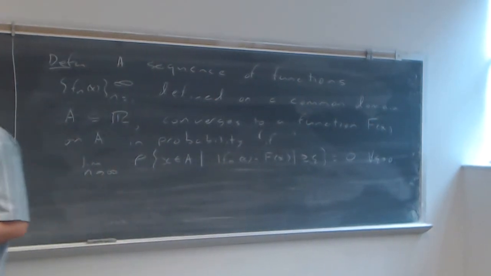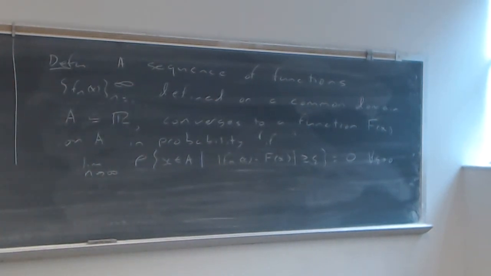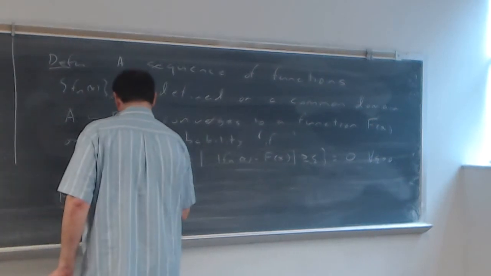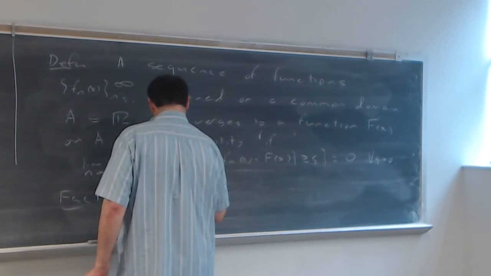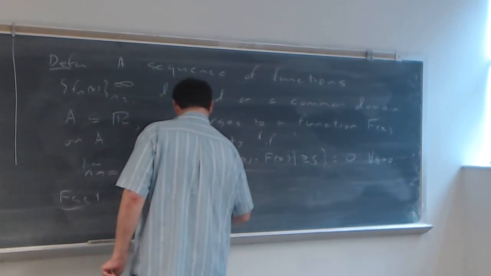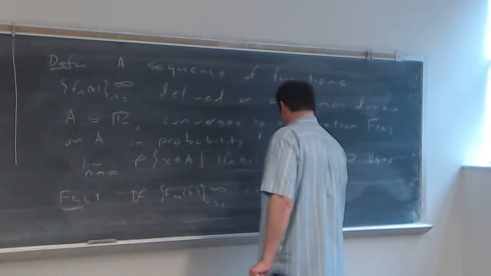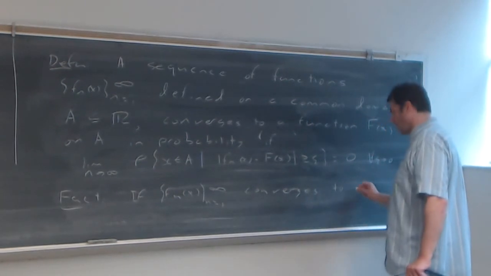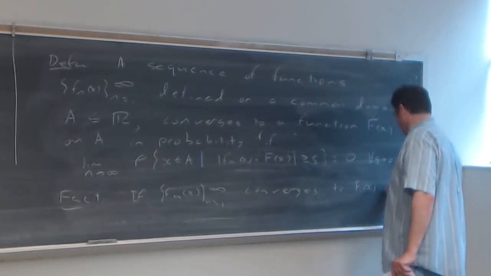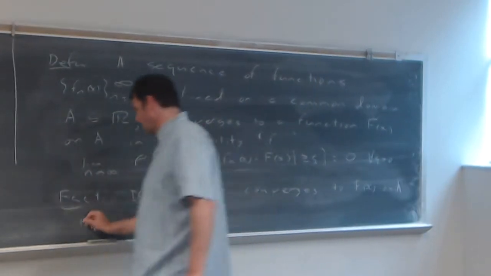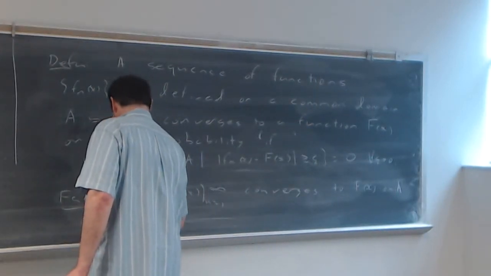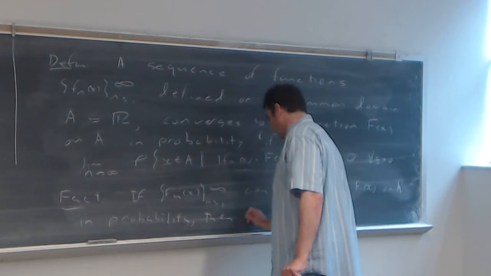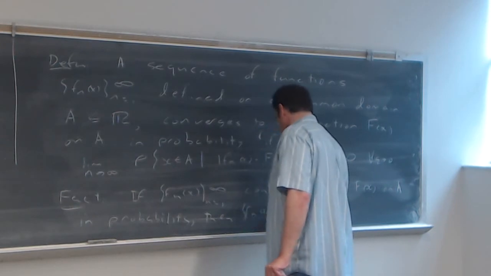And that's our definition. And we'll look at an example of that in a second. First, we have a fact. And that fact is, if f sub n of x is a sequence of functions that converges to f of x on A in probability, then the f sub n of x converge